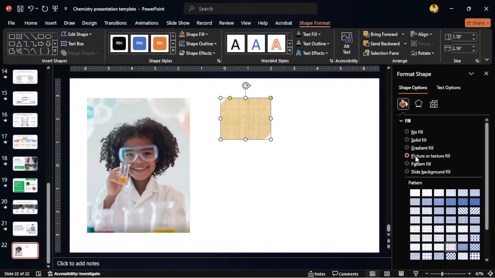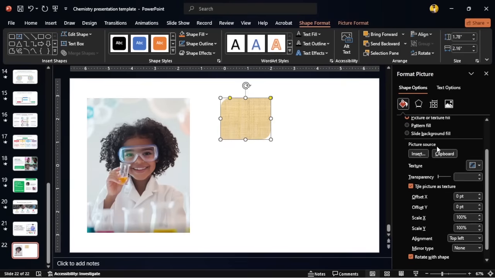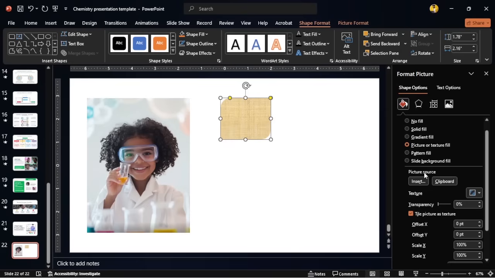Okay, so I'll select this picture or texture fill, I'll select that. By default, PowerPoint will fill it with this texture, but that is not what I want. I want to insert the picture of this young lady in there. So still under picture or texture fill, these options over here will pop up below once you select the picture or texture fill. So I will select the insert over here,